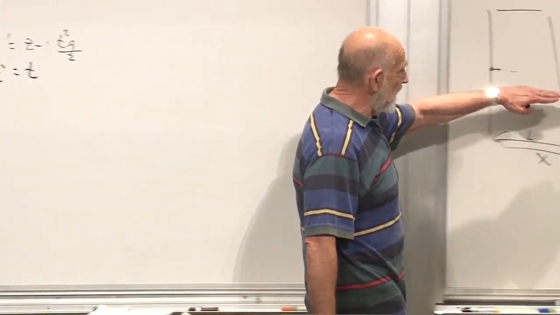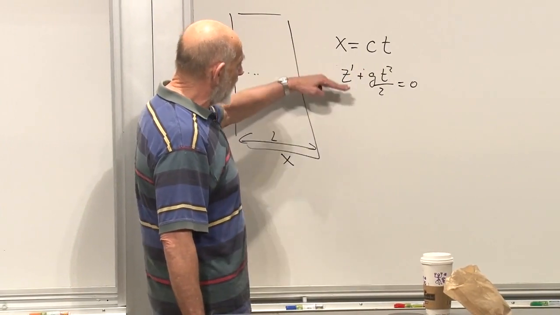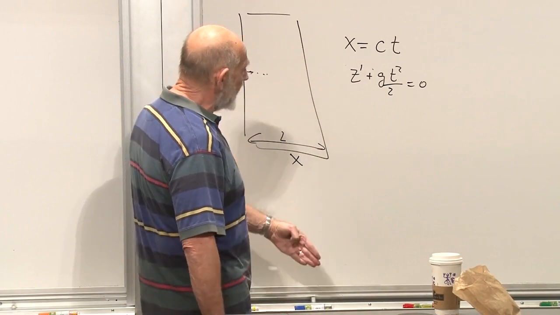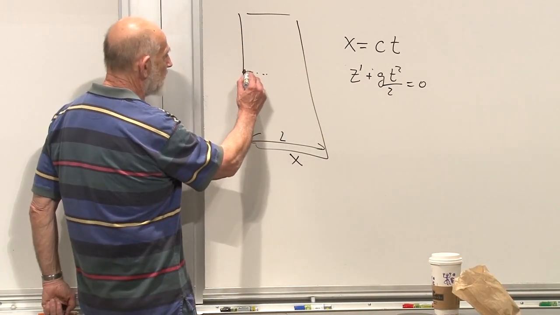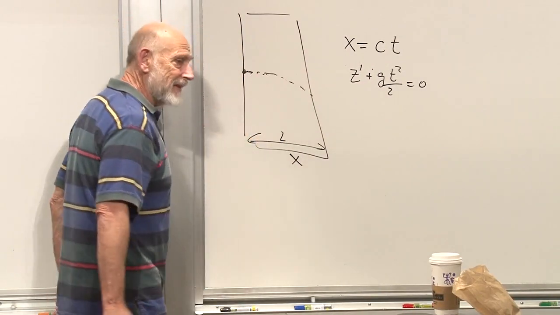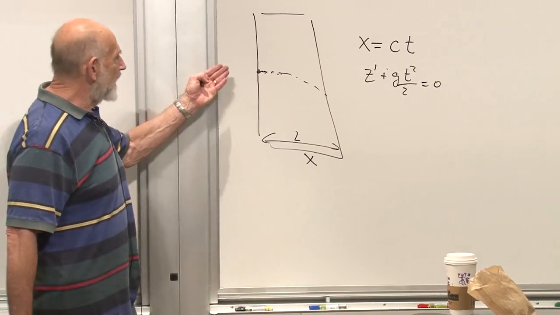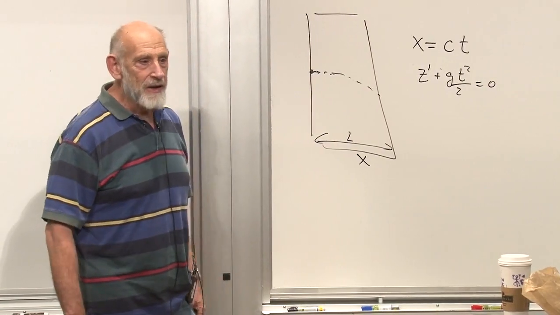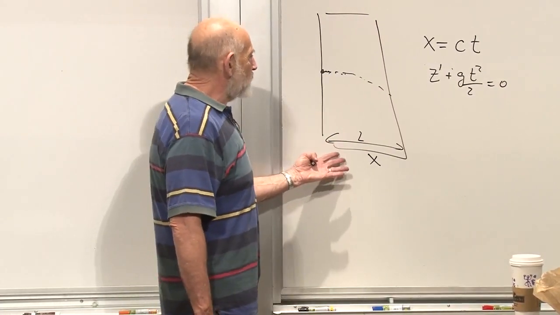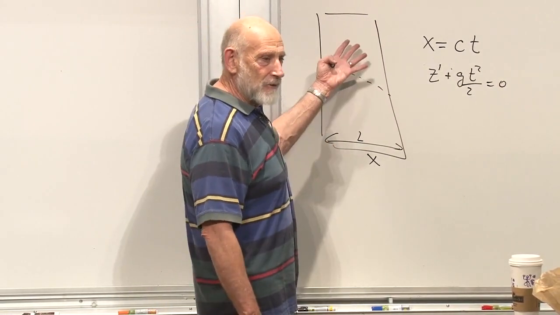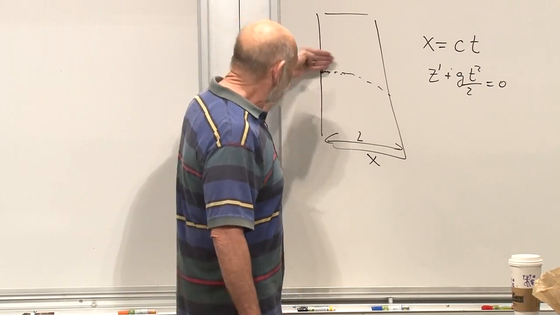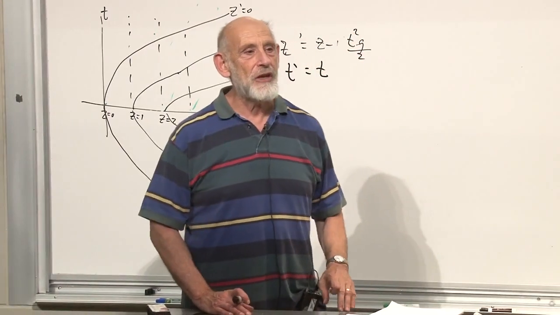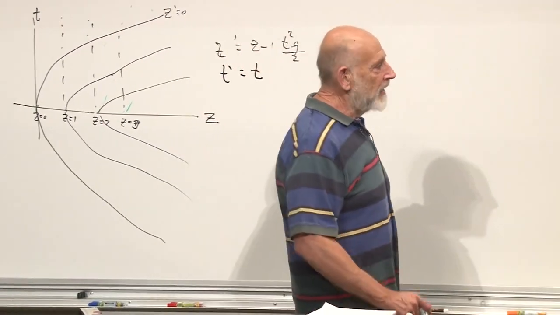So here we see what the light beam is doing in the primed frame of reference, namely it's moving on a curved trajectory. If we were to calculate its vertical component of velocity, we would discover it looks like that. All right, I say in the primed frame of reference, gravity is pulling the light beam down. You say, no, it's just that the elevator is accelerating upward, and that makes it look like the light beam moves on a curved trajectory. And Einstein said they're the same thing.